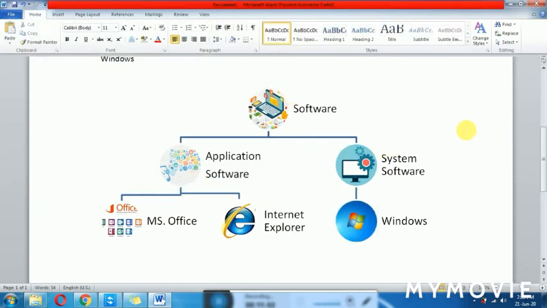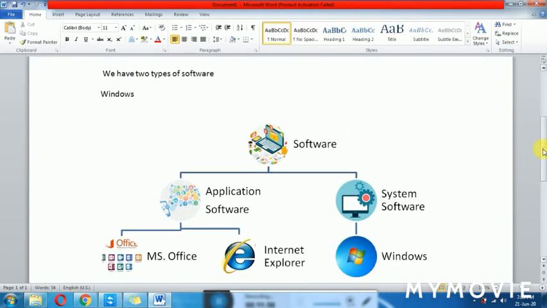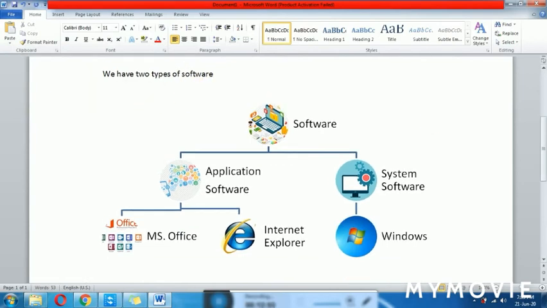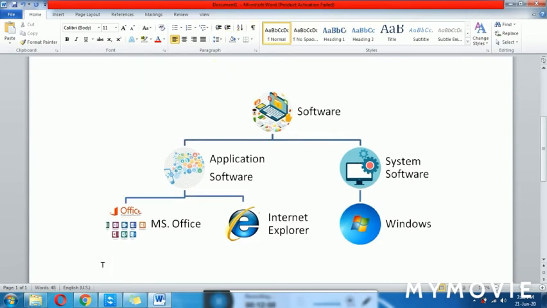So okay, now my web page is completed with the pictures, images and the text. I can give the name of that web page. What's the name of the web page? Types of software.